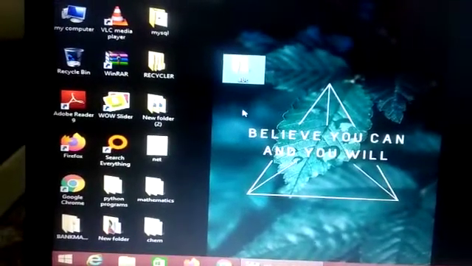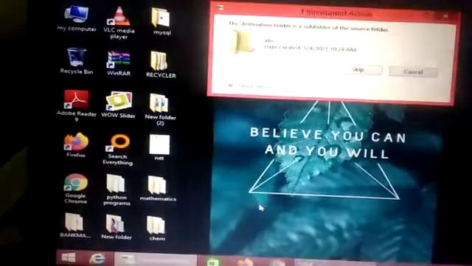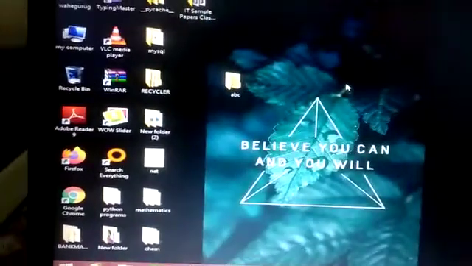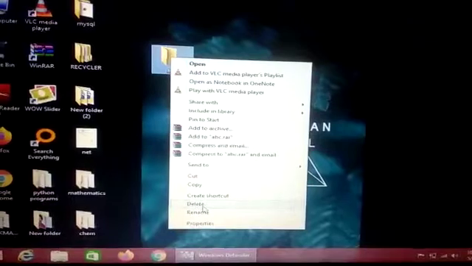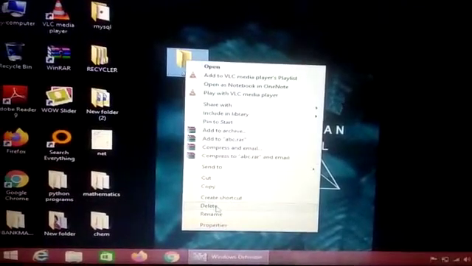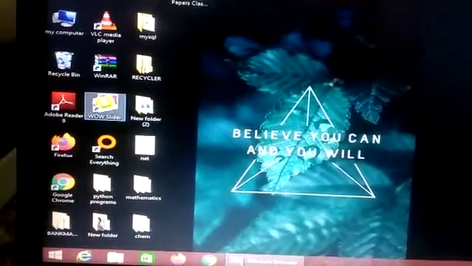Now next operation is how you can delete the folder. If you want to delete folder, right click on the folder, pop up menu appears on the screen, and then press on delete, folder deleted.